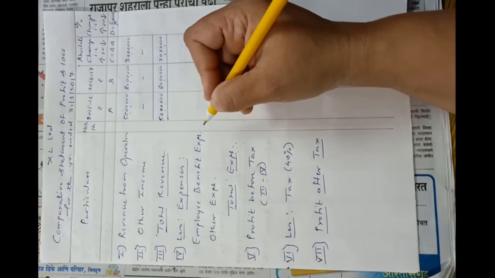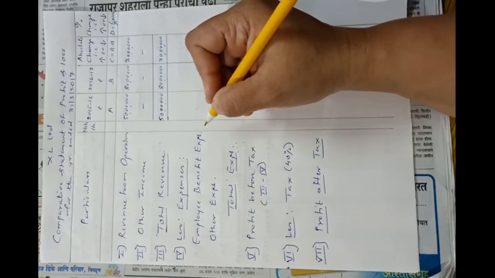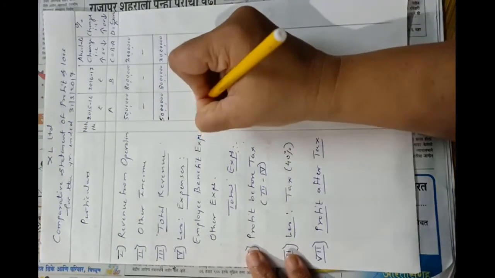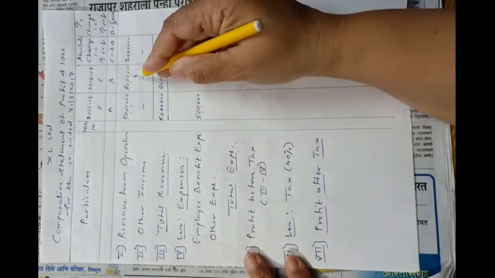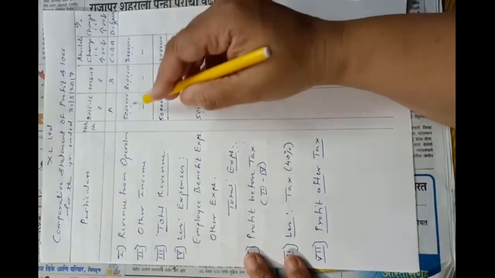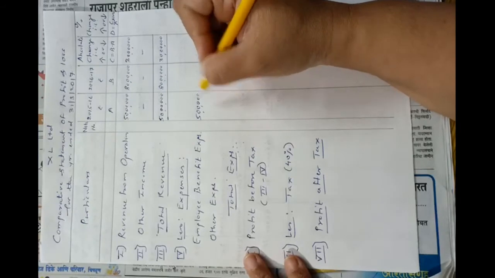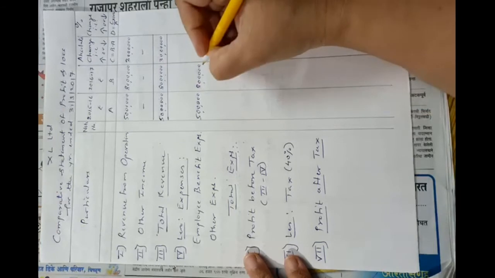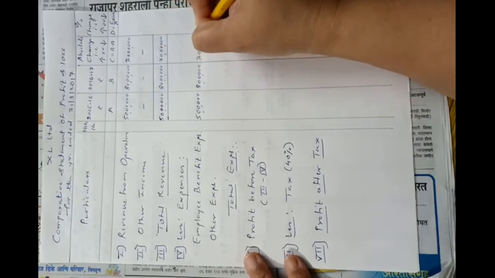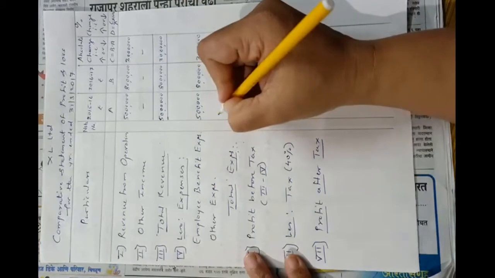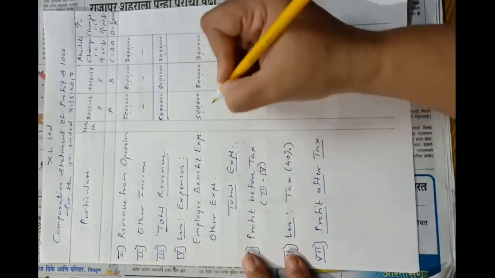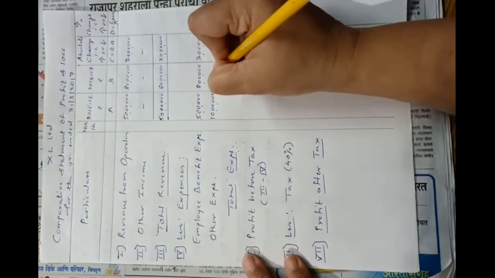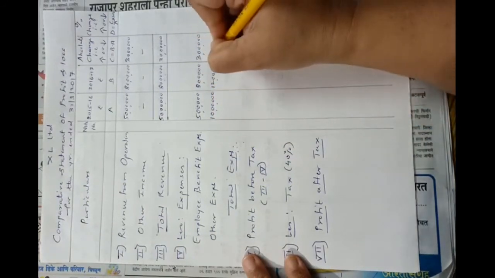They told us in the problem that it will be 10% of revenue from operations. So 10% of 50 lakhs will be 5 lakhs, and 10% of 80 lakhs will be 8 lakhs. So the difference is 3 lakhs. Now other expenses amounts are given, 10 lakhs and 12 lakhs. So an increase of 2 lakhs.